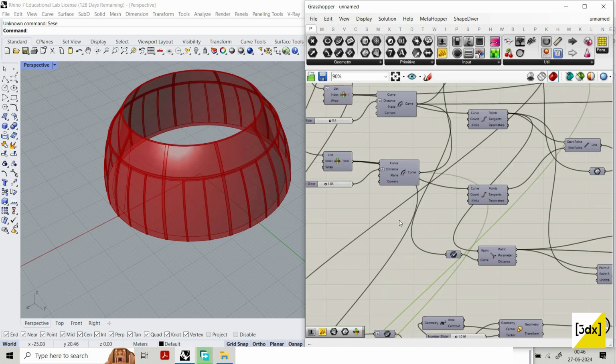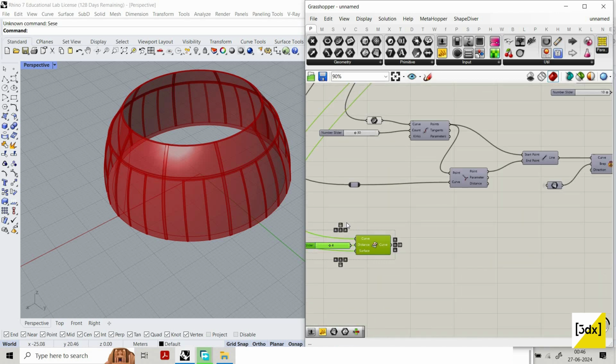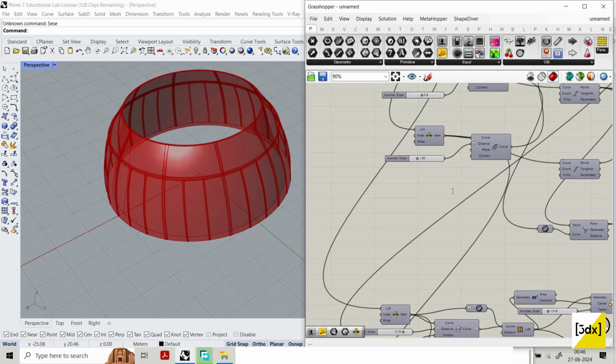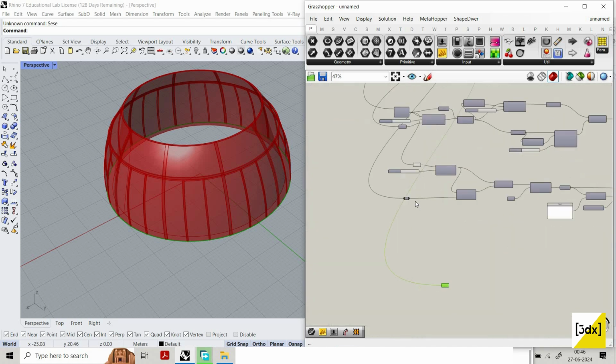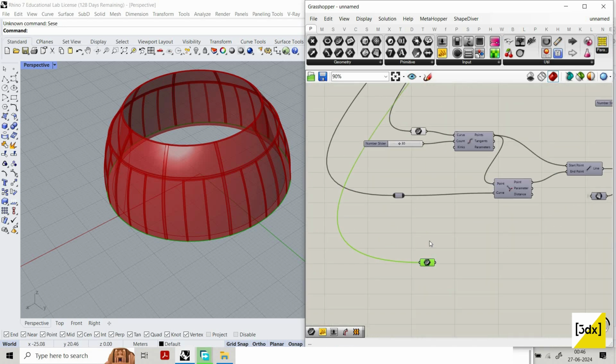Yeah, why not? Let's go. Seriously, bro. Wait. Let's give a curve from here. We got a curve. Technically, we got a curve which we think